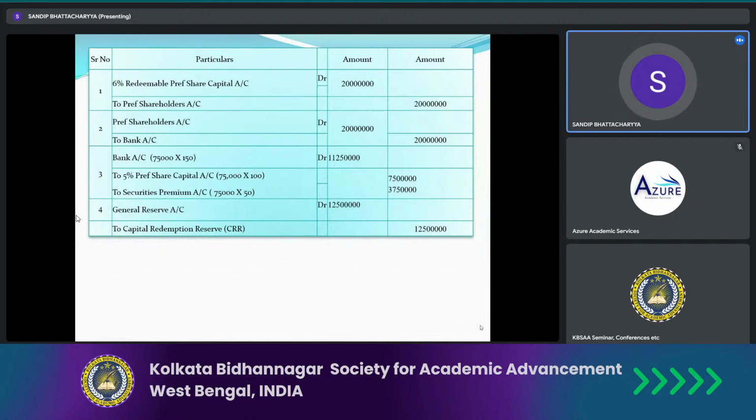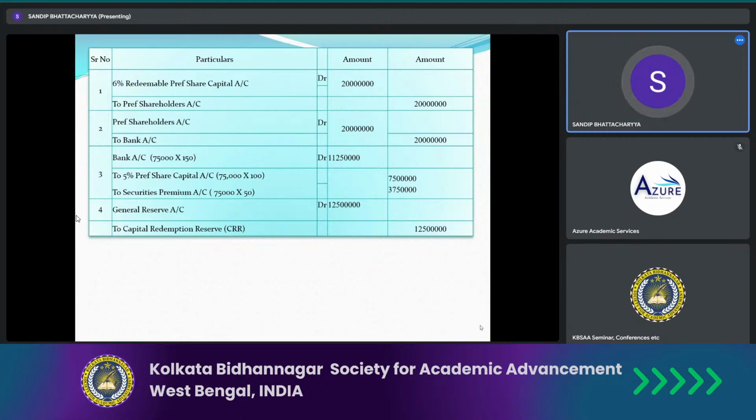75,000 into 150. Because why? Because you have issued 75,000 preference shares of 5% new category of pref share, and the total price is 150. 100 is your face value and 50 is your premium value. Okay, that's fine. So the bank account is debited